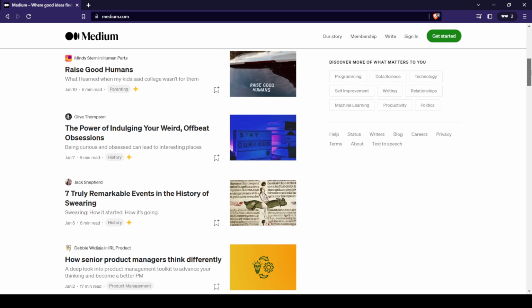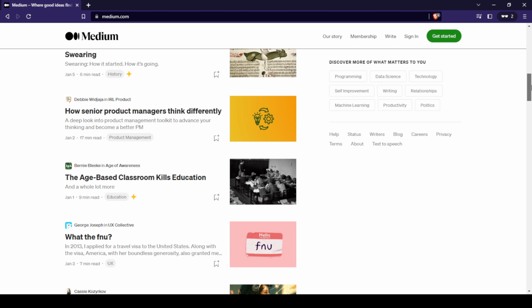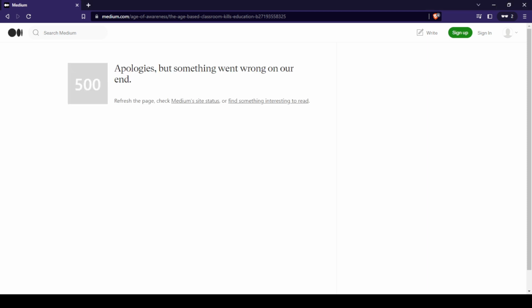Raise good woman, the power of indulgence. How's your the age-based classroom class education. Let's read this one, bro. क्या नया टीचर लगा गया